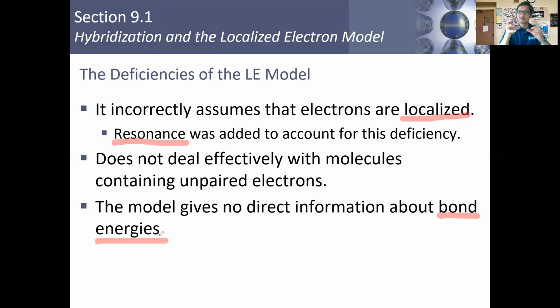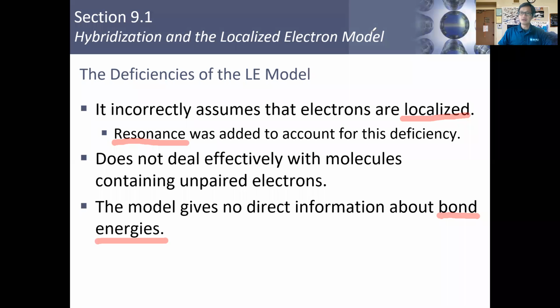Hybridization doesn't allow us to do that, but we remember that a molecule will only form when 2 atoms get together, and when they get together, they drop down to a lower energy state. But the interaction between the 2 atoms has to be lower in energy than the atoms separate, because if that doesn't happen, then the molecule will not form. Okay, and so the localized electron model does not deal with energetics at all, and that is a major deficiency in this particular model